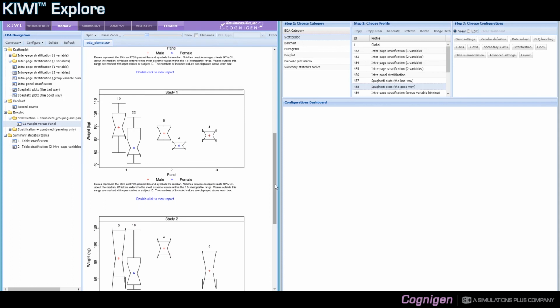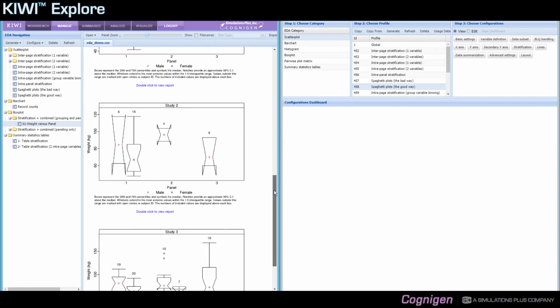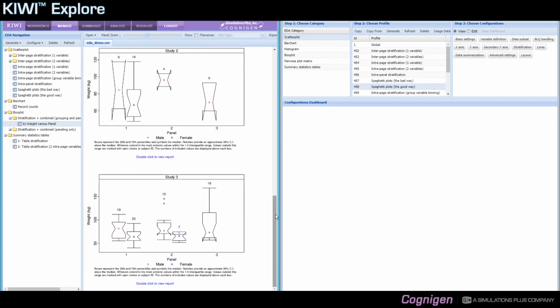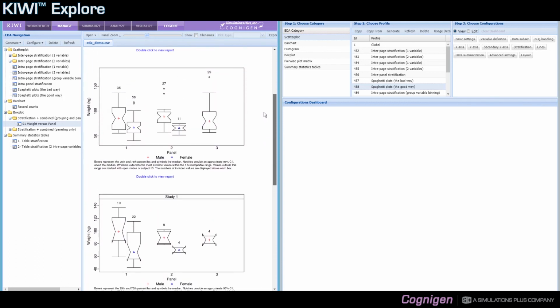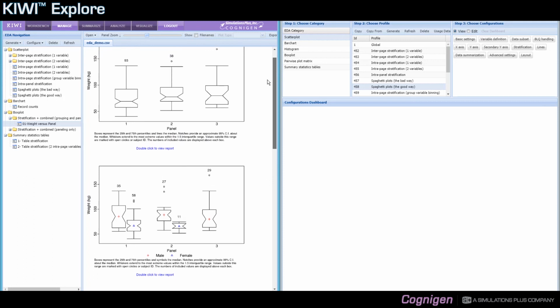Here I have a set of box plots that were paneled by a study variable and grouped by gender. So I have a plot for study 1, a plot for study 2, and a plot for study 3. And I've used this advanced functionality to create two additional panels,